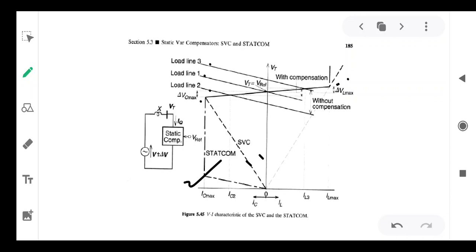The load on the system may not be constant, it may be increased or decreased as per system requirements, and hence when the load line 2